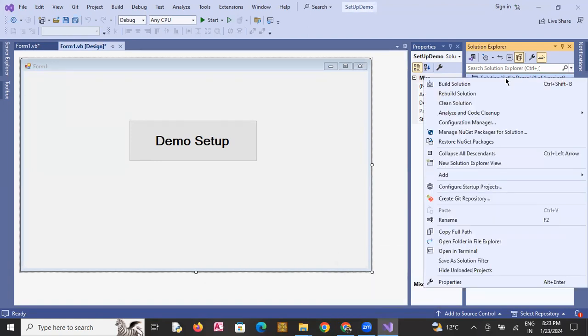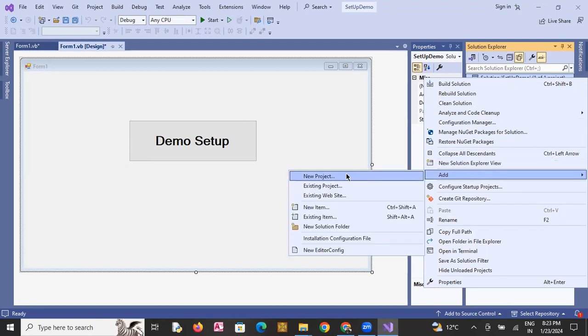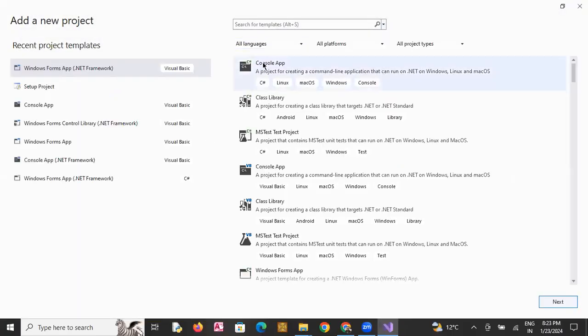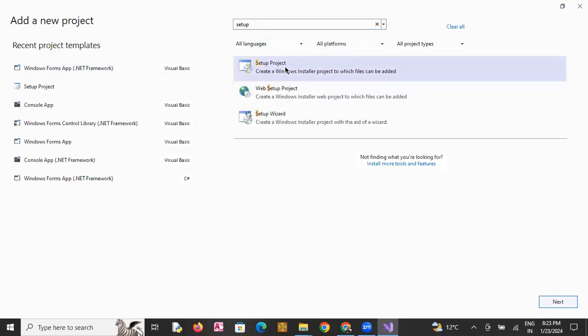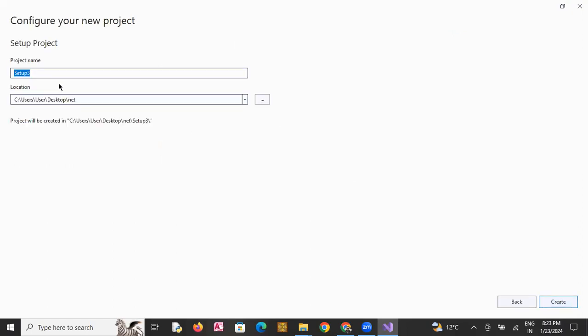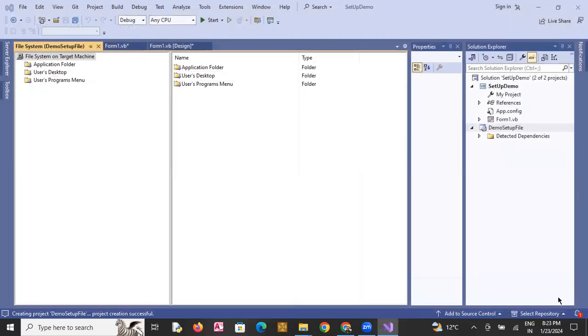Now simply right click and add option here, add new project, setup file. Search here the setup, click on the setup, next, demo setup, setup file, and then click on the create. When you click on the create, you will get this application folder, user desktop,